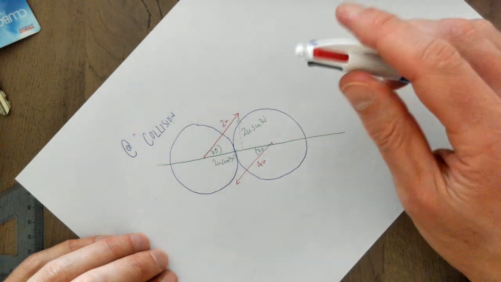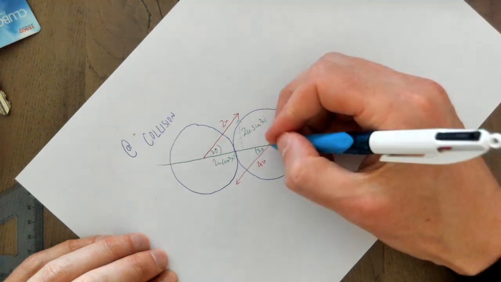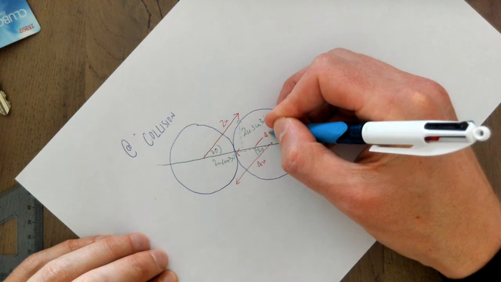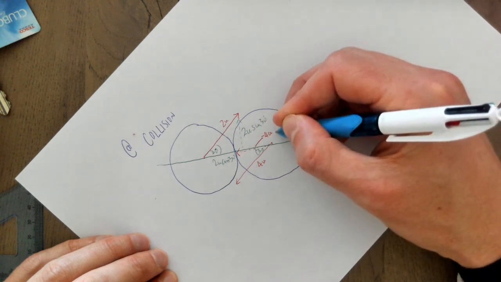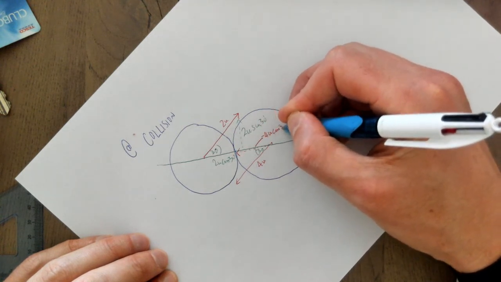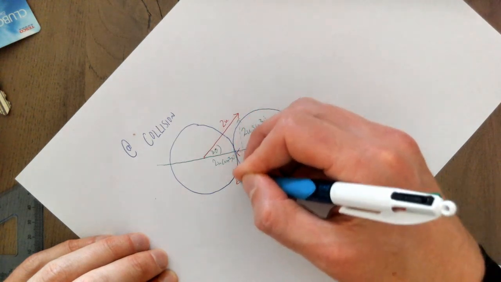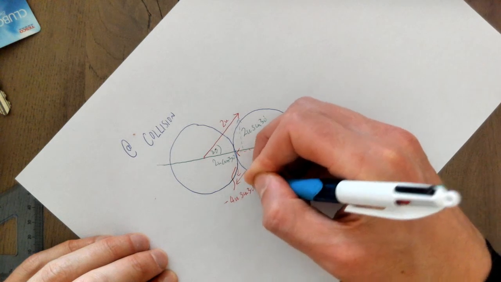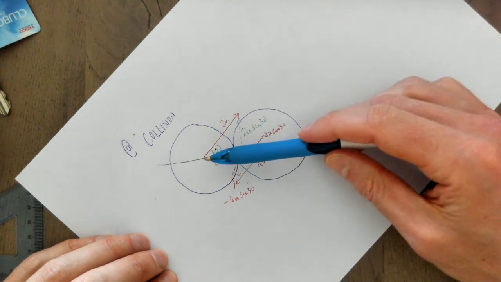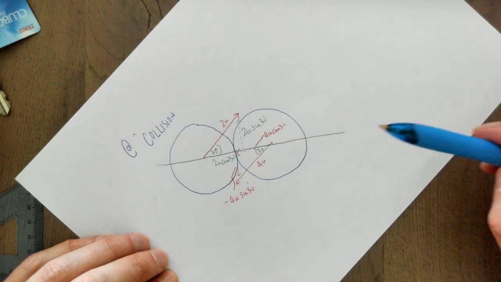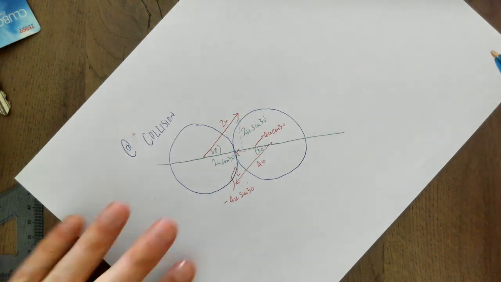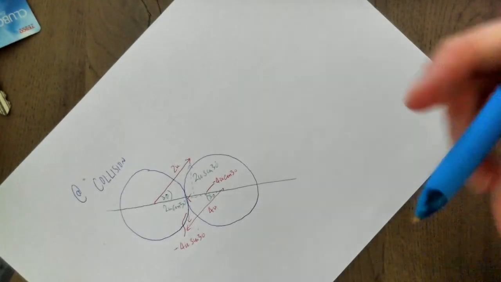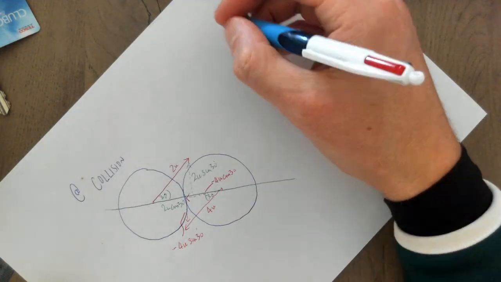Let me color coordinate here now. Go red. This is minus 4u cos 30, minus 4u sine 30. Negative because we're going against the positive. Okay, so I'll leave that there and I'll see if I can set up here. My page is going to be funny, but it doesn't matter. So if we go into our setup then,